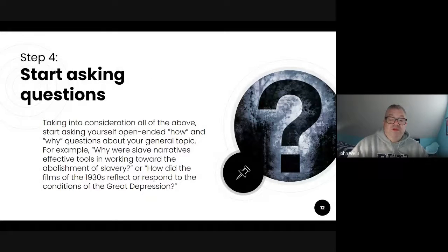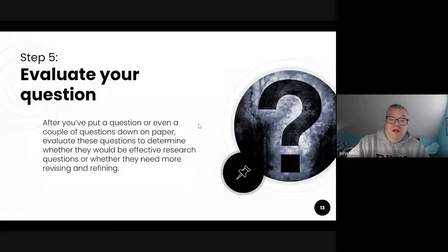Step 4, then we start asking questions. These are kind of open-ended. Why is this the way it is? How could it be changed? Where would I need to start thinking about this to make a difference, right? So what we want to do then is we want to take the topic, but then we want to expand on it in a way that allows us to analyze the topic, analyze the information. And then once we take these questions, then we start to narrow it down